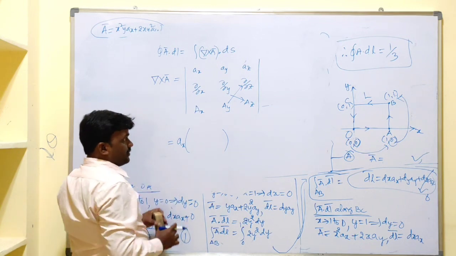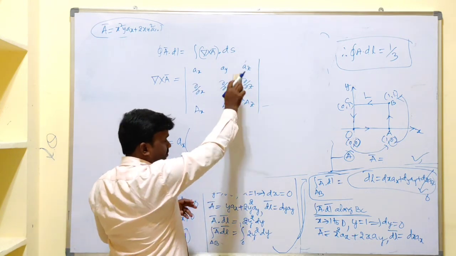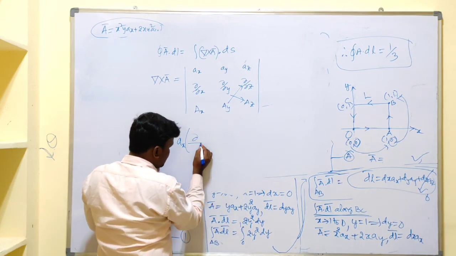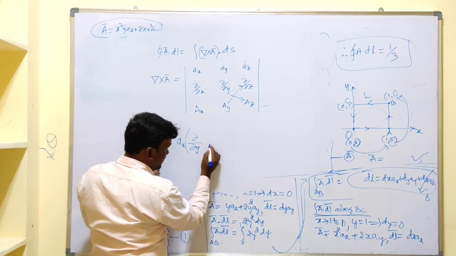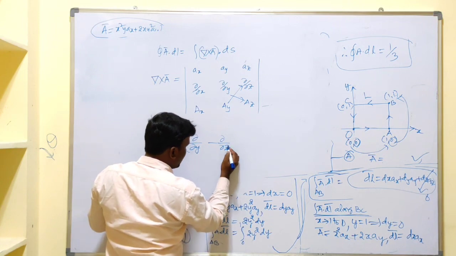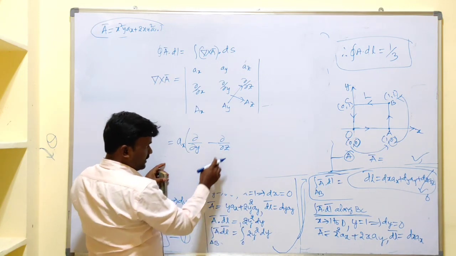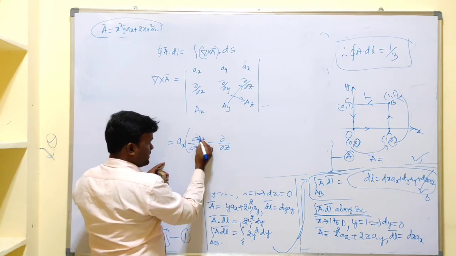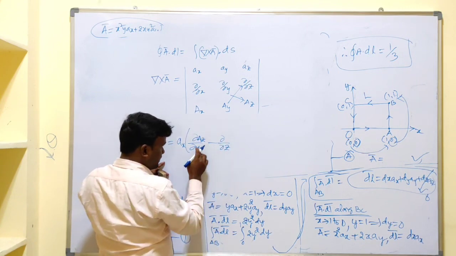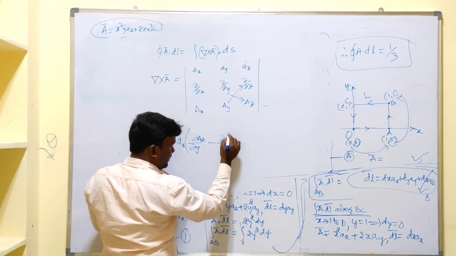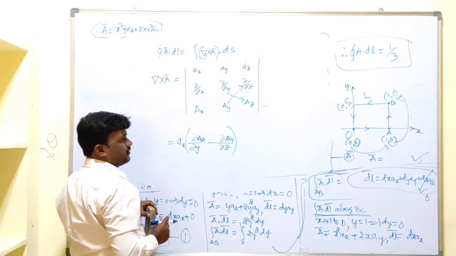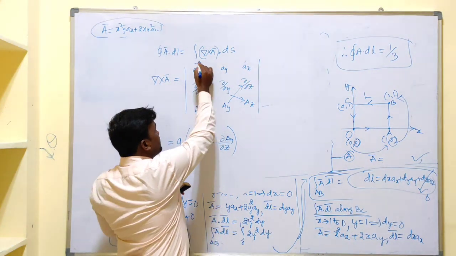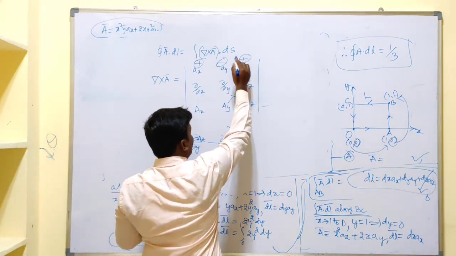Without looking at the determinant, we can write like this. After x, write dou by dou y. After y, write dou by dou z. We require the vector components of A. Here, for the y, write the z component of A, that is Az, and for this one, here z, write here Ay. Please remember, here I didn't follow the notation of plus, minus, plus, removing the row and column.